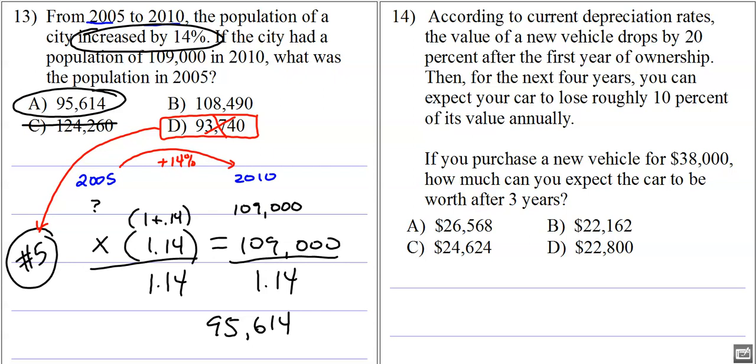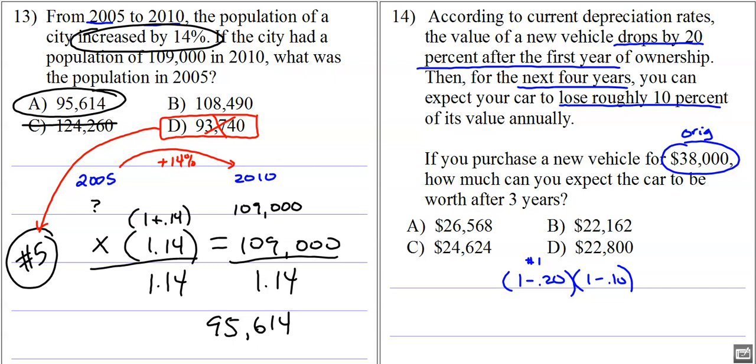All right, number 14, according to current depreciation rates, that means a drop in value, your new car drops by 20% after the first year. So after the first year, we drop 20%. So that is year number 1. Then, for the next 4 years, you lose 10%. All right? So every year after that, we lose 10% for 4 more years. Okay? But it says if you purchase the new vehicle for $38,000, so this is our original,